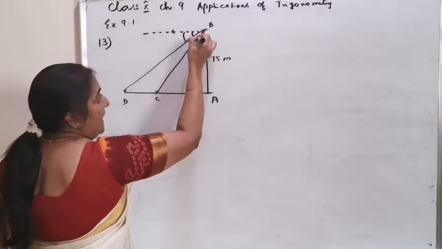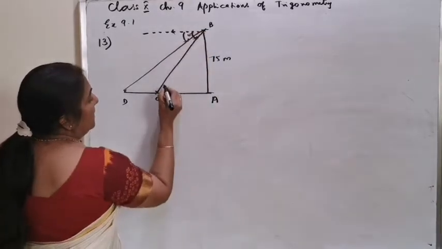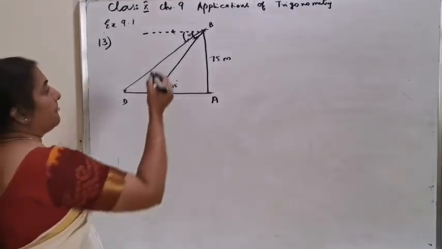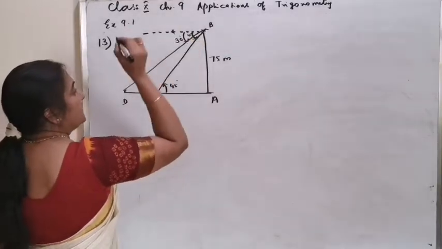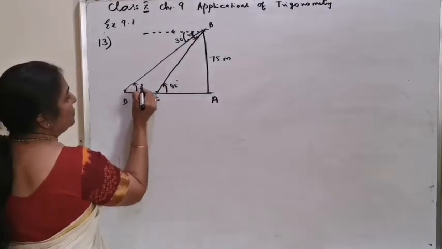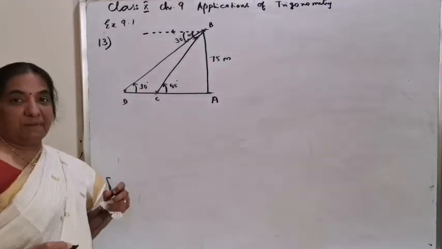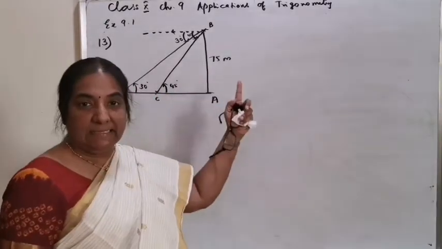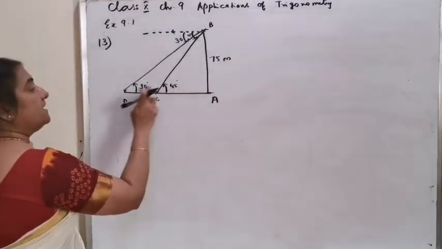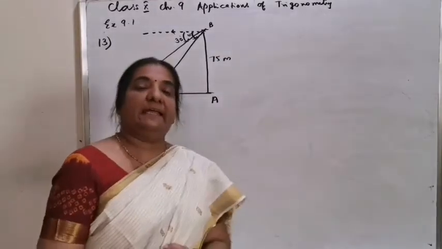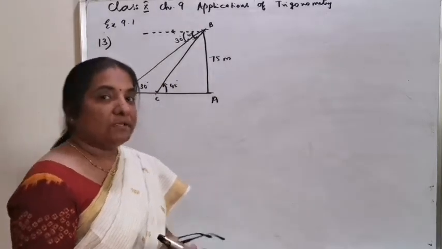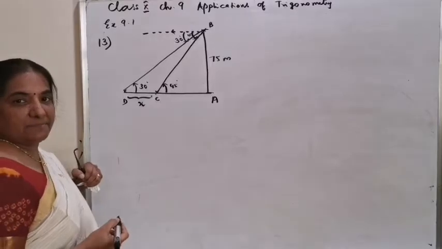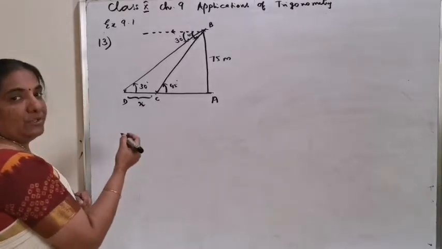That means the angle formed here is 45 degree. Automatically by alternate angles, here also 45 degree, and the angle formed with the second 30 degree, so here is also 30 degree. As I explained, in such questions, the greater angle will always be towards the right angle. Don't mark 30 here and 45 here, it will give a negative answer. And now they are asking you to find the distance between the ships. Let it be x.